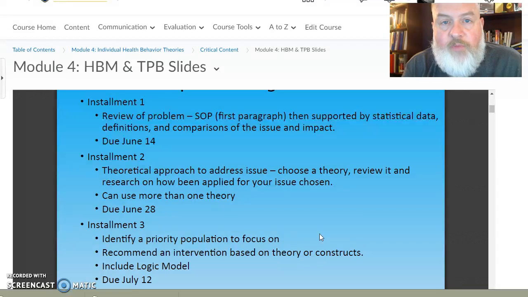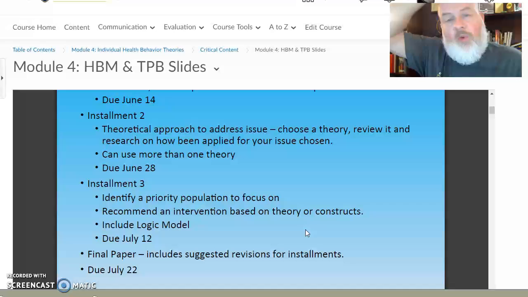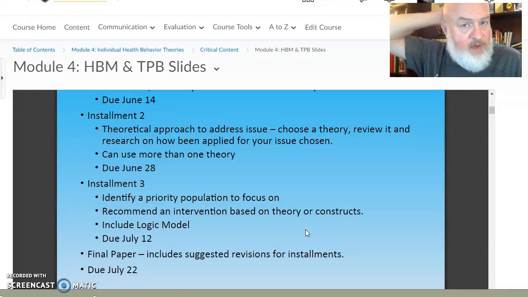And again, when you make submissions, and if you decide that you wanted to redo something and the paper is not quite due yet, you can submit multiple times. And I would encourage that. You can do that. And then, of course, on installment 3, what you're going to do, you identified a population beforehand, but now